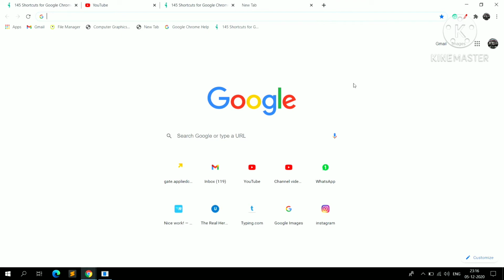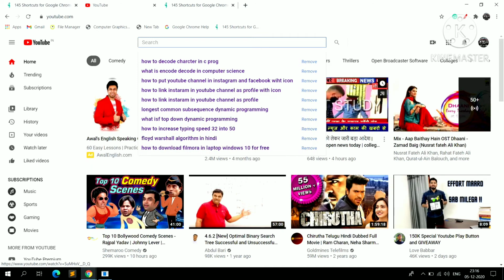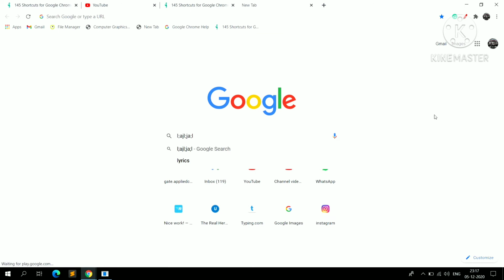Second, if you want to close the current open tab, just press Control plus W, and your current open tab will close. Automatically my tab is closed.